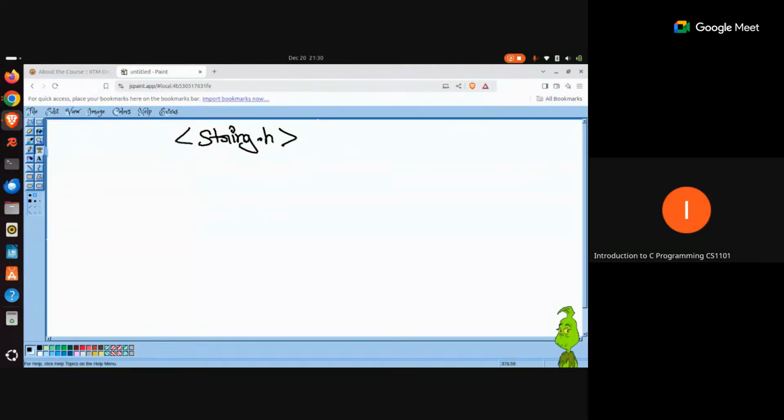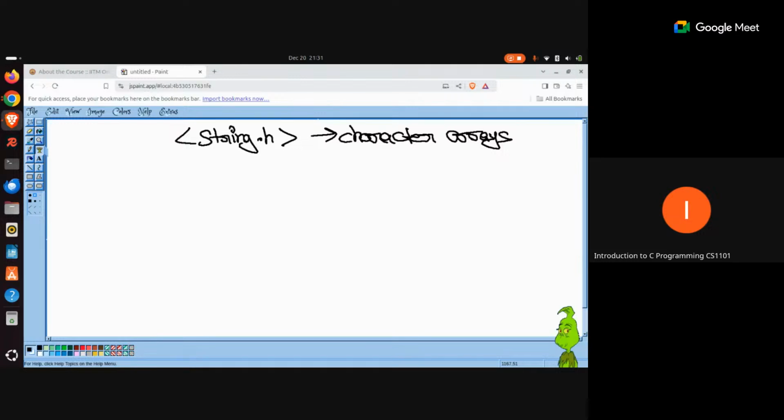So string.h is basically a library that is specifically used for working with character arrays. It gives you some utility functions. That means the coding for those functions has already been done somewhere else, and you don't need to worry about what that code is or how it works. All you need to know is the function of the particular utility that you are working with.